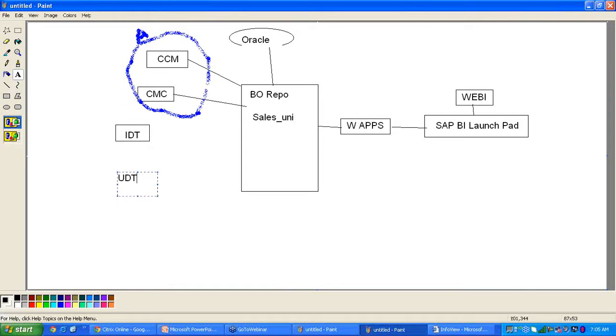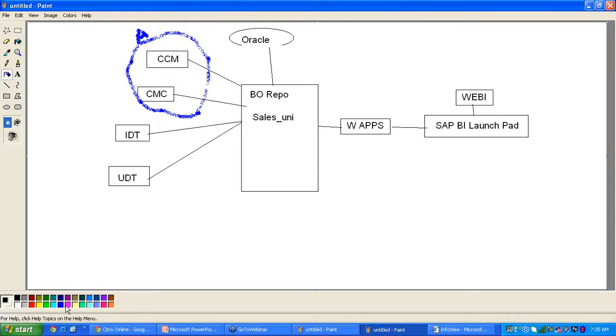IDT is the Information Design Tool and UDT is the Universe Design Tool. Using these tools, we can implement the universes. Why do we have two tools to implement universes? UDT is an older tool which is available in 3.1, and IDT is a new tool which is introduced in 4.0.